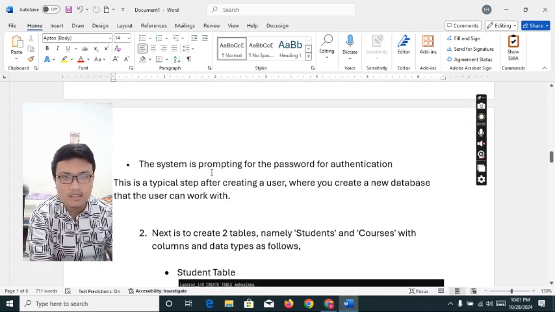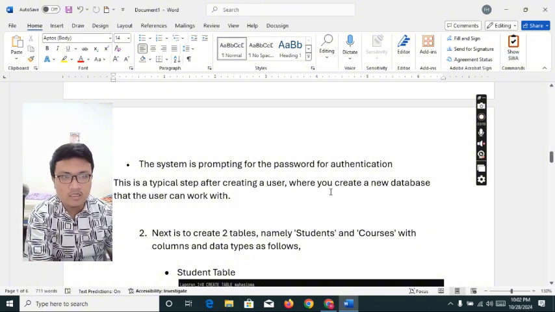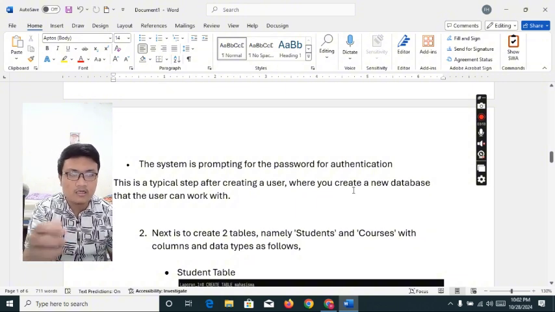The system then prompts for the password for authentication.